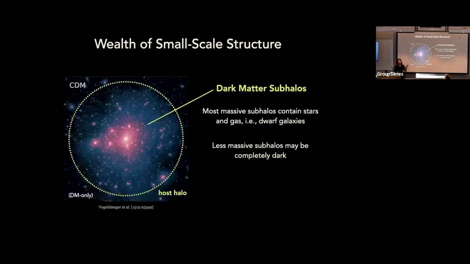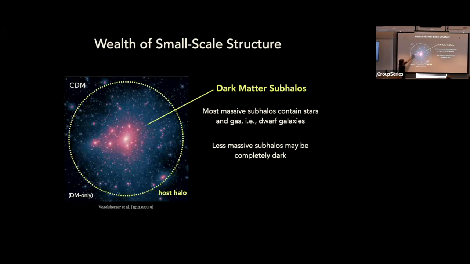Taking all of those ingredients and putting them together, and then putting on your dark matter goggles so you can see just the dark matter distribution in the universe, you see something like this. This is from a dark matter-only CDM simulation by Mark Vogelsberger. This is a Milky Way-sized halo. Here's the center, and all the bright spots are dark matter subhalos. You see that there's a ton of structure, going down to really small scales. Again, that's the key prediction from CDM.